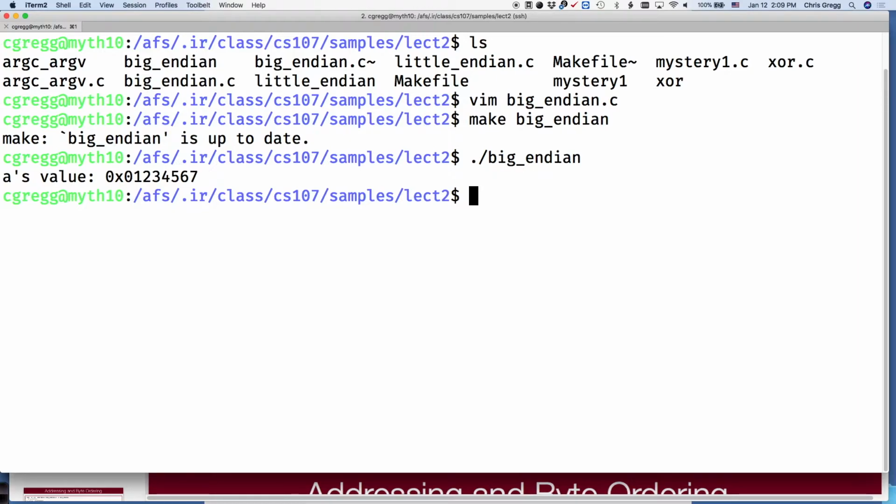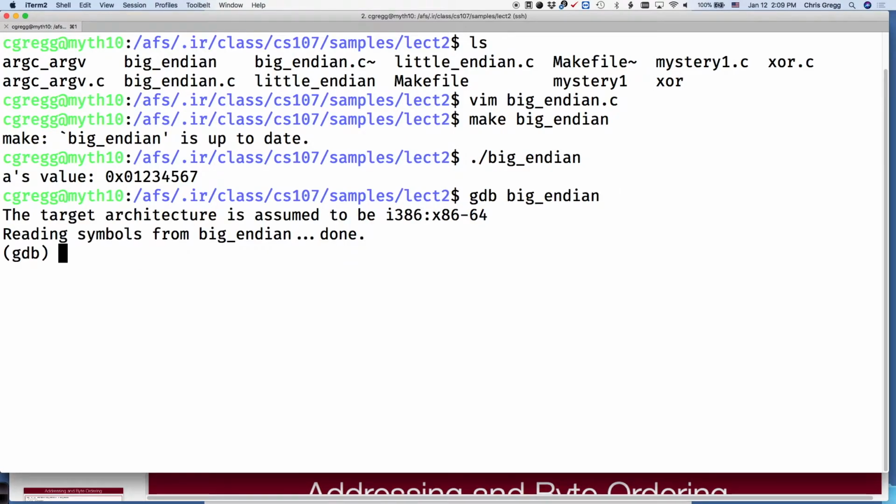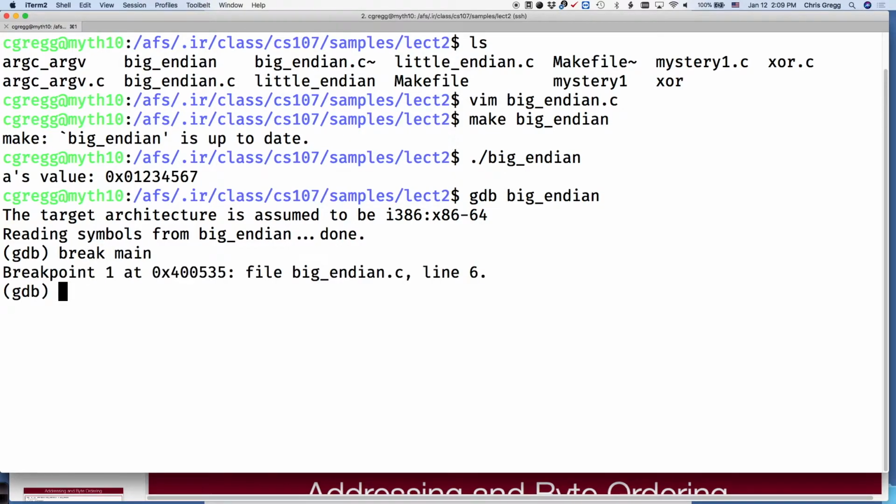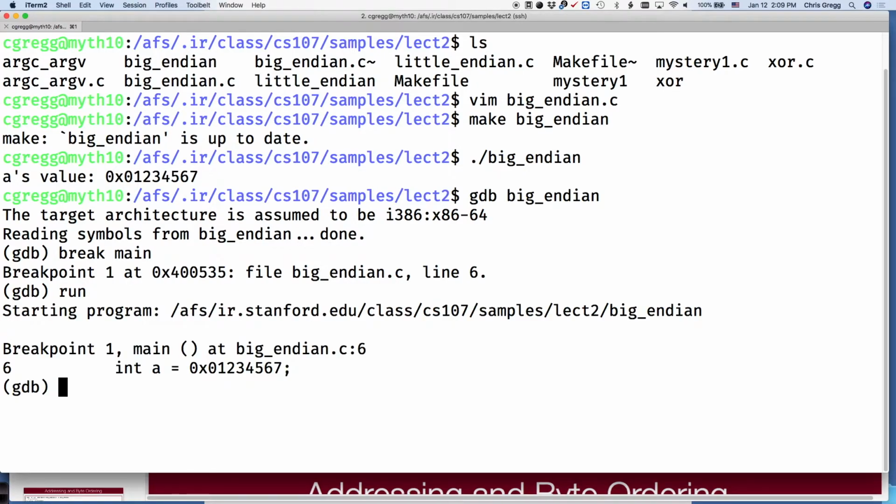What I want to do is jump into GDB for a second. This is the debugger that we've been talking about. Okay, if we go into GDB and we actually say break on main, that will say run the program until the beginning of the program. A little weird. And if I say run it, it will actually run to the first line and not quite do this line yet. It hasn't actually run this line. Okay. But if I say next, it will actually do that.